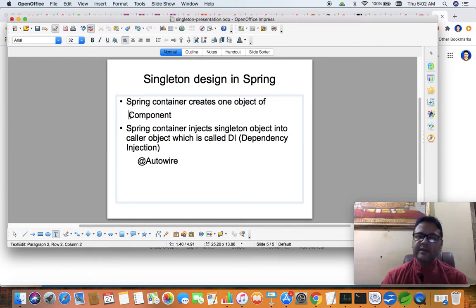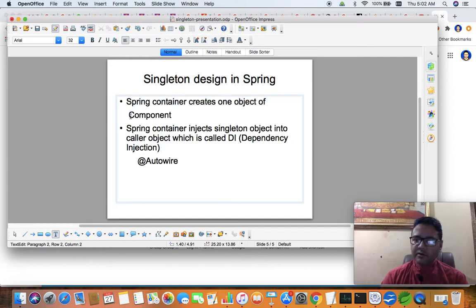Whenever the Spring application goes for execution, it executes inside the Spring container. Once the object is created inside the Spring container, the other parts of the application can use it, because the Spring project which you are going to create might span different types of classes.